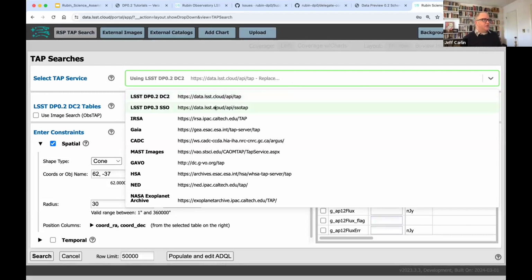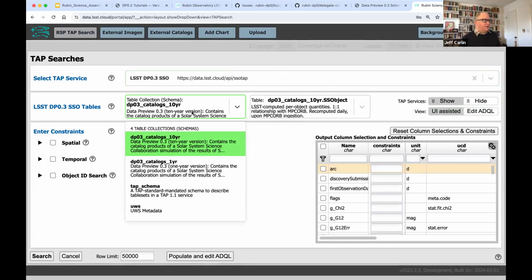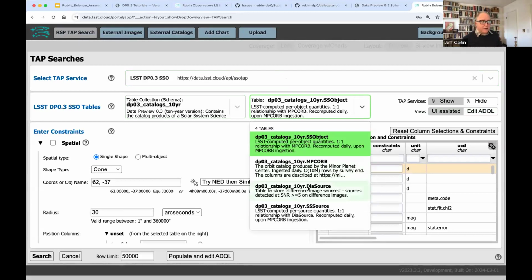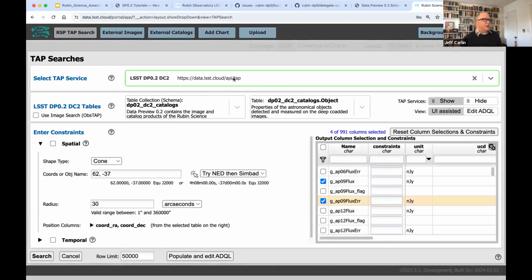So you can switch to accessing DP0.3, and now you can see the interface is the same, and you have your DP0.3 catalogs here, and these are different catalogs, which we'll come to in just one second. So that's how you switch between the DP0.2 and 0.3.